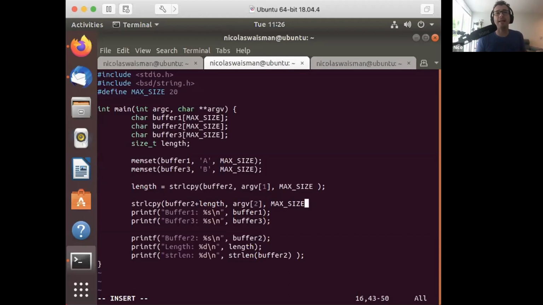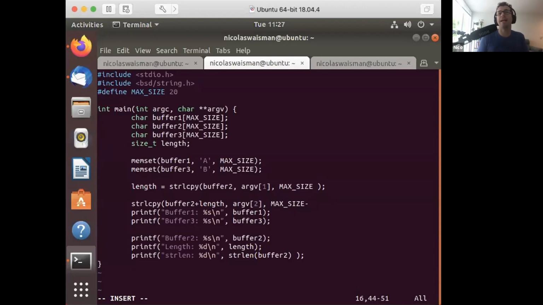And this is valid. For example, if buffer2 is big enough and we're not overflowing more than we're supposed to, then we will be copying these two buffers in the same function, and that will work pretty well. So what they do is they use the length that we see in here as an offset to where to start copying the second buffer, the R2. And then in terms of the size, since they don't want to overflow, they use max